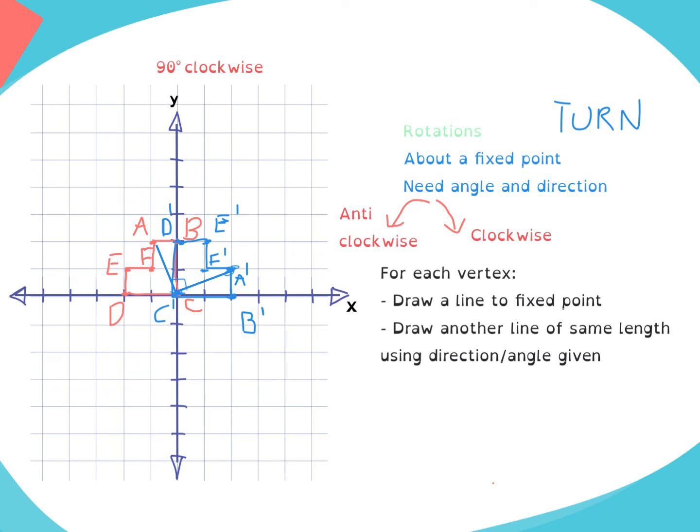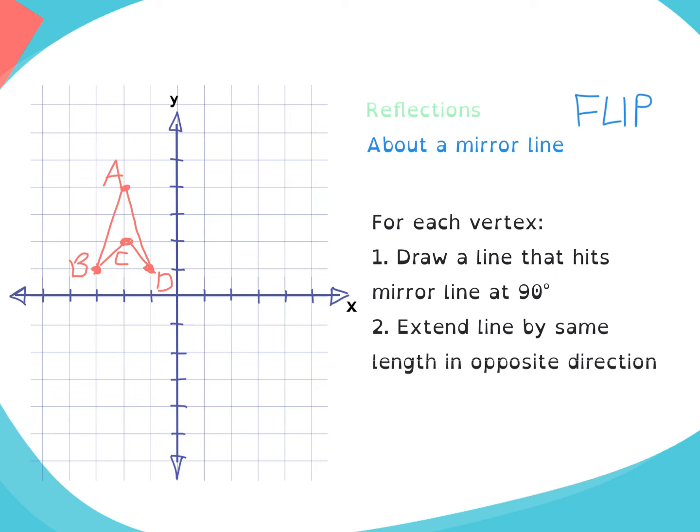Let's now look at reflections. So reflections are colloquially called flip, but their proper name is reflection. You reflect a shape about a mirror line. So what I'm going to do is reflect this shape about this mirror line. So once again, to reflect a shape, I'm going to reflect each of its vertices by following these instructions. So to reflect A about this mirror line here, I'm going to draw a line from A to